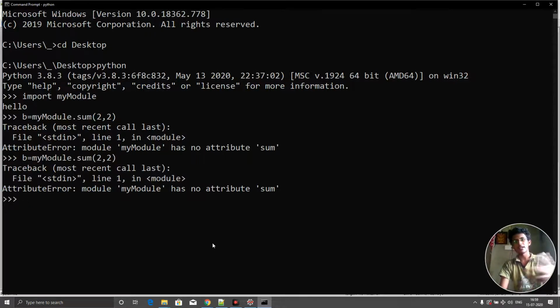That means we can only use it one time. If you want to use it again, then I need to close this interpreter and open it again. That is the thing. Then the next one, I can import any module